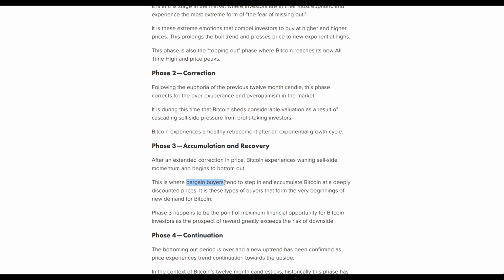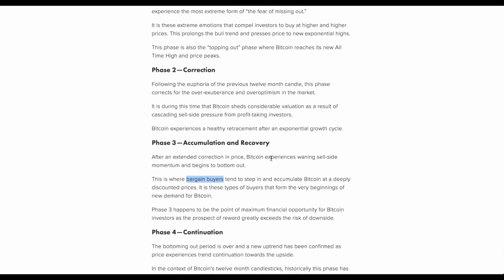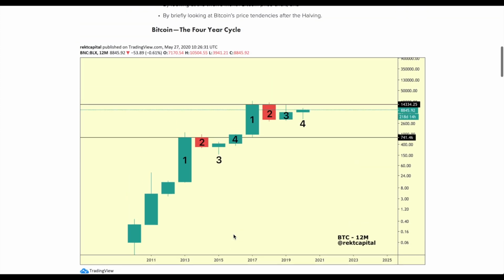So bargain buyers are very key to starting this process, because they actually start the beginning of a new cycle, and it's FOMOers who come on later in the cycle, who buy in later in the cycle, that allow for continuation to occur. So even though we look at the bottoming out period being the maximum point of pessimism and fear towards Bitcoin, this is also where bargain buyers actually see the most promise and the most risk to reward, where the ratio of risk to reward is most appealing to them, because the risk is really small compared to the prospect of reward that potentially awaits them.